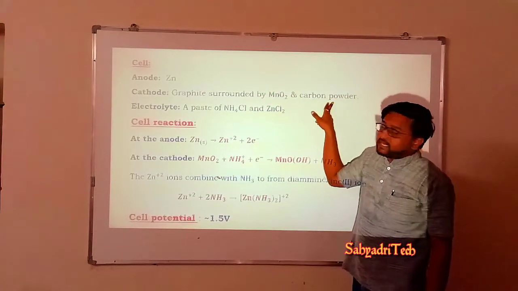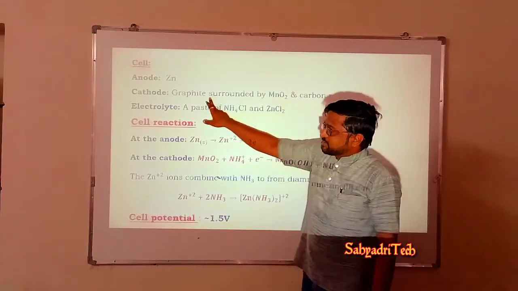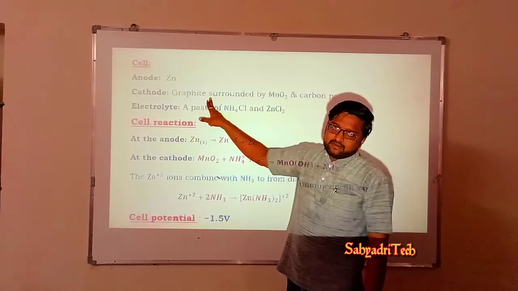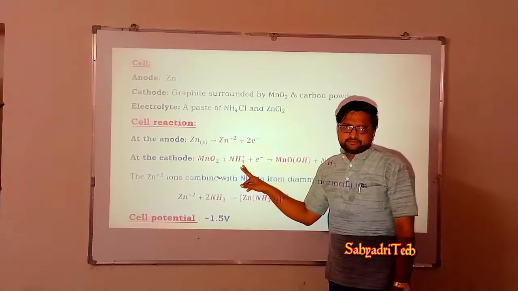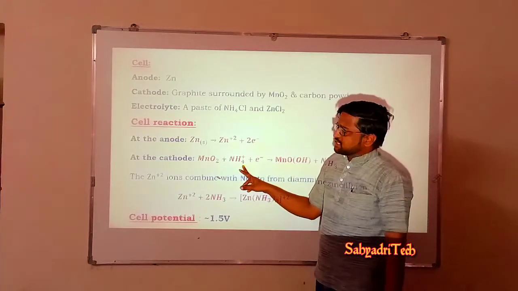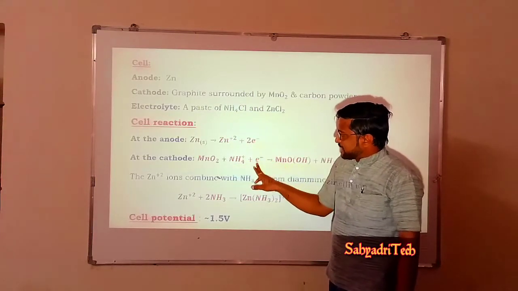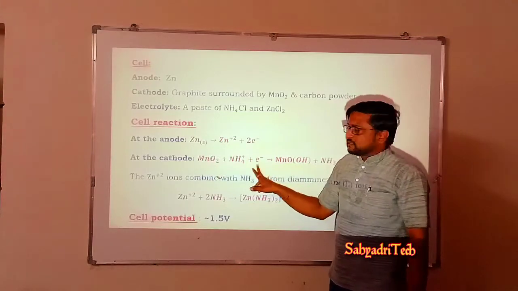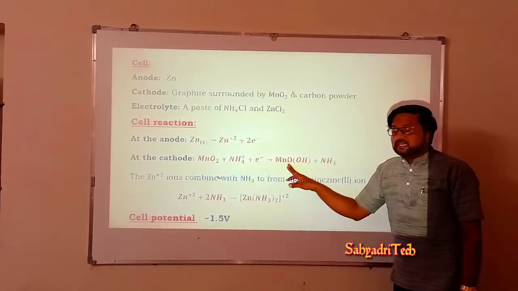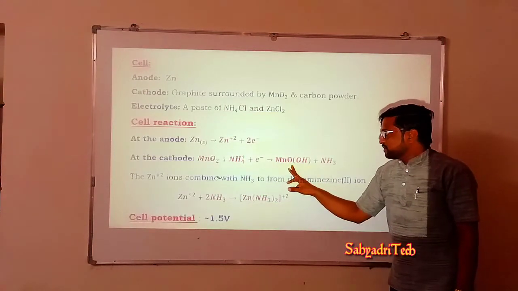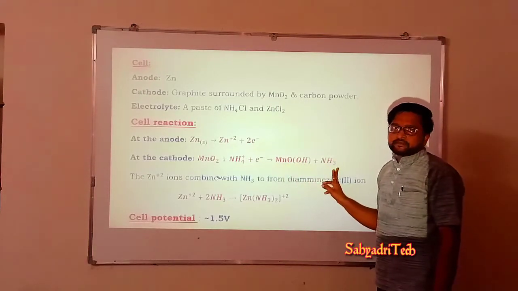So what is the reactive part here? The MnO2, manganese oxide, is going to react, not the graphite rod. It just acts as a conductor there. Okay. Well, MnO2 combines with ammonium ions present in the paste. As we said, the electrolyte, ammonium chloride, has NH4+ ions present, and electrons from the anode, they combine. MnO2 plus NH4+ plus electron gives rise to manganese perhydroxide, so MnOOH, and ammonia will be liberated.